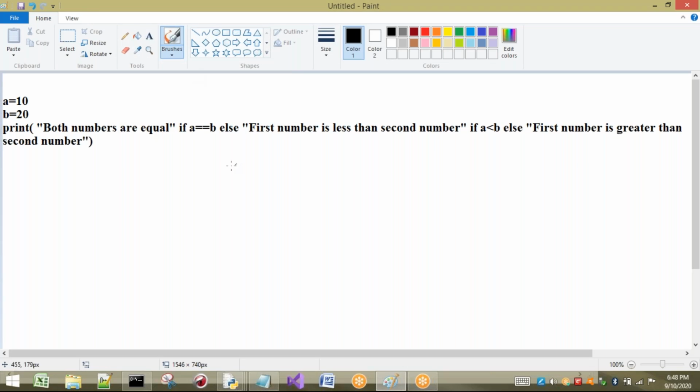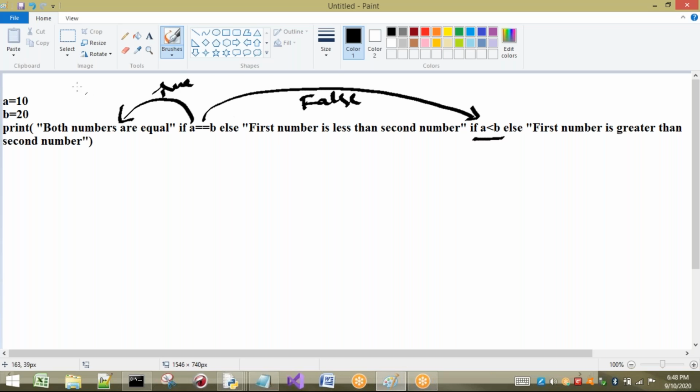So if A equal to B, what should be printed? If it is true, it will be printed. If it is false, we have to check two conditions. So again I have taken one if here. Let us consider this condition is false. So we have to go to the else case. If it is true, we will come here; if it is false, I will go here. Now as this is false, I will come to this condition. Now check here: if A less than B, yes, A less than B. If this condition is true, then I will come here. If this condition is false, I will print this one.